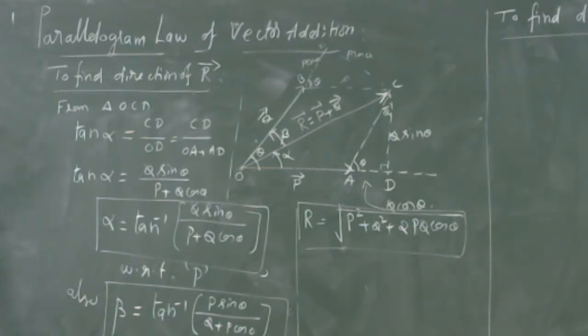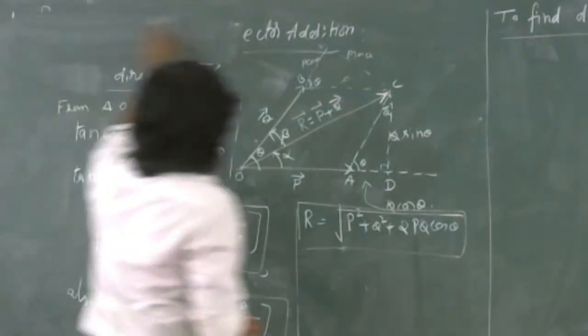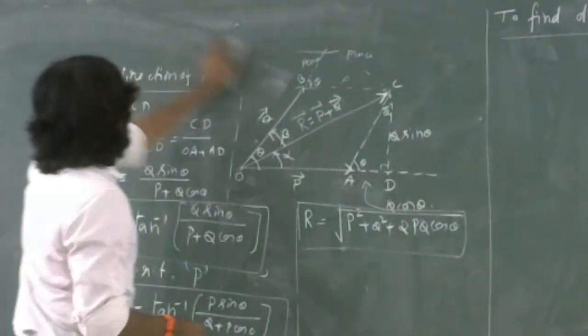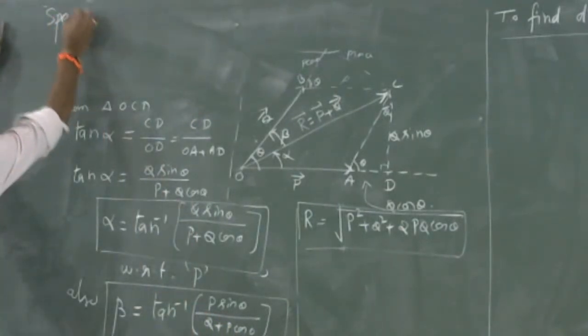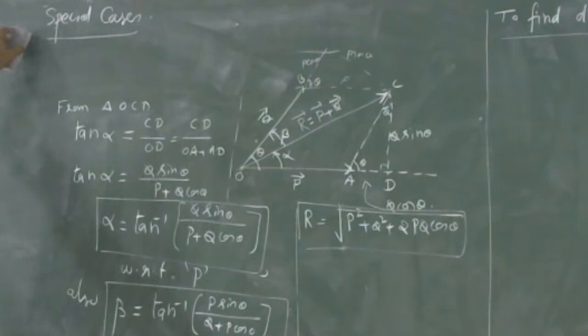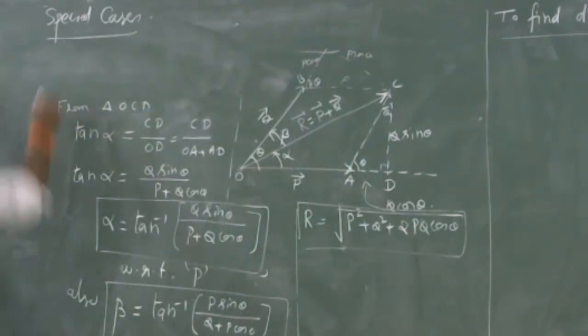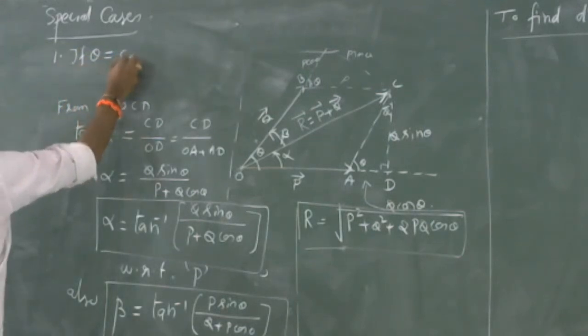Right? Now wait. Write down next: special cases. What are those special cases? Special cases. First one, if theta is equal to 0,